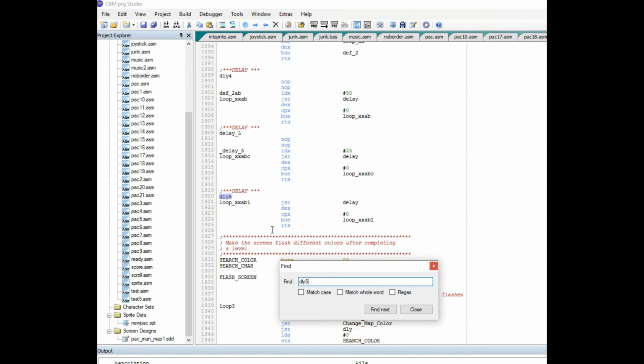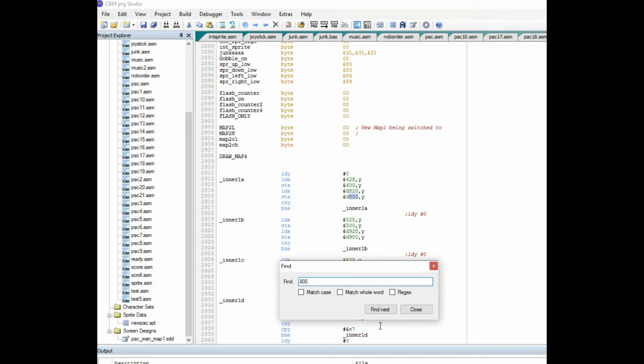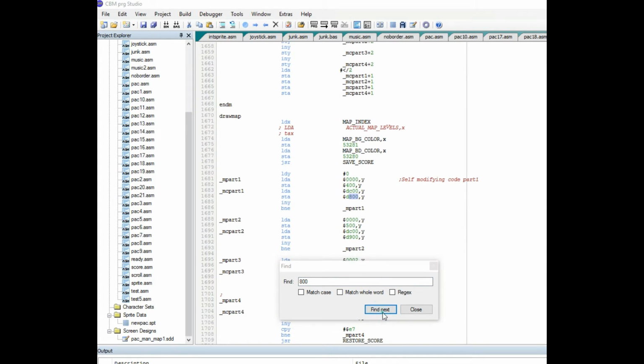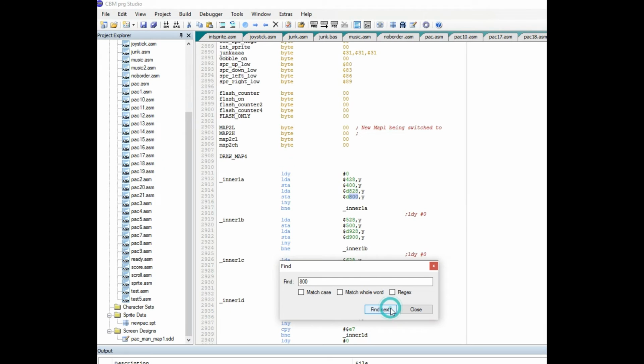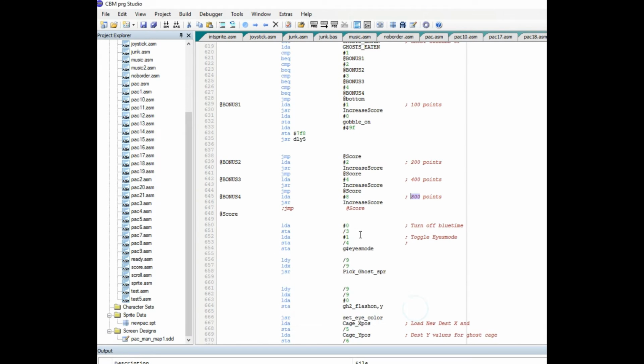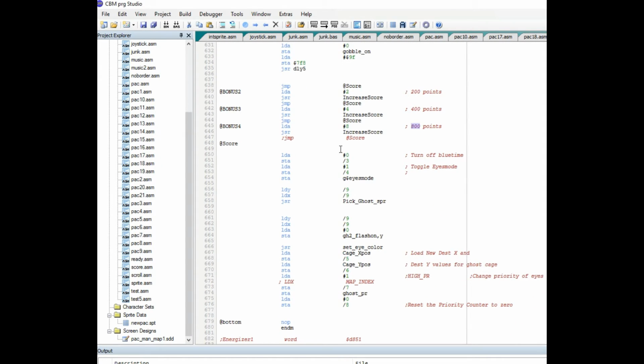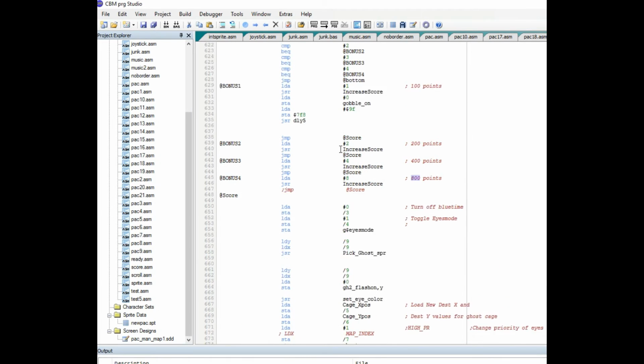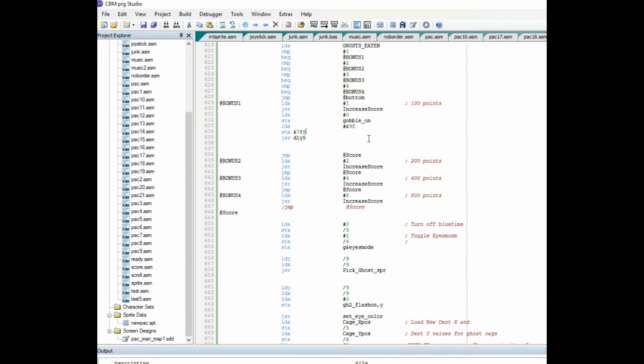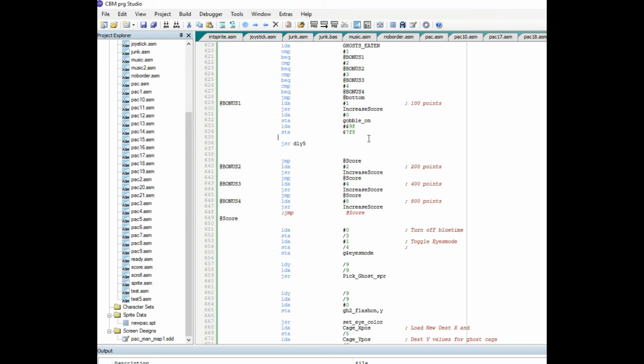So I gotta load X with a value. Load it with 255. JSR delay.